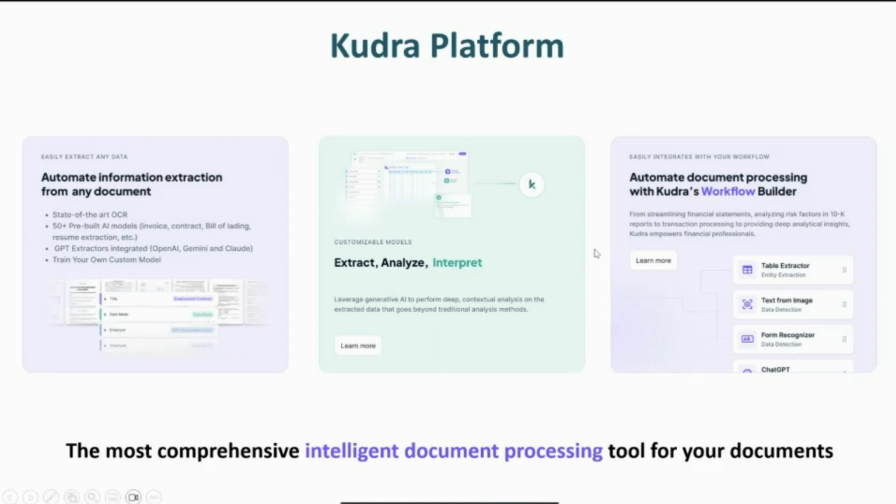We know that each use case is different. So we're not static. It's not just OCR, extraction, and output. You can actually assemble different services and chain them together to analyze your document in a very customizable way. So for example, in this case, you could extract tables, so use the table service. You can extract images. You can also analyze forms. And so on. You have over 20 AI services you can chain together to analyze any information from your documents. We think of this as the most comprehensive intelligent document processing tool that you can use to extract and analyze your documents.